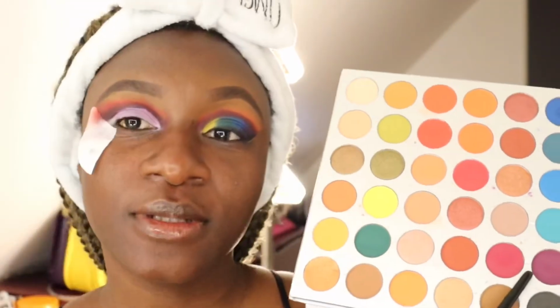After cutting my crease, I'm going to take this purple